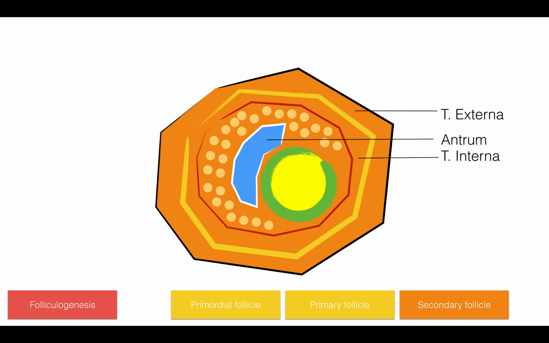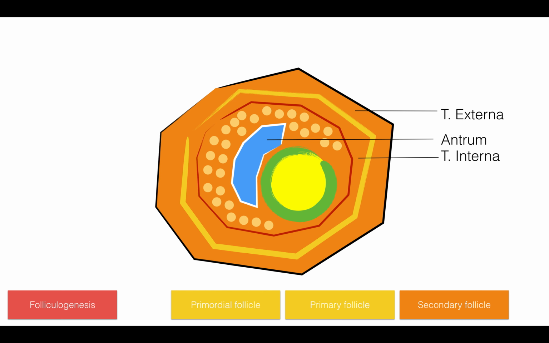If FSH continues to be dumped onto this cell, causing estrogen to rise and all these different kinds of changes, then this will develop until the antrum grows so big, you see a blister on the surface of this follicle, and then, because it has only one place to go, the blister causes a bursting, boom, the secondary follicle ruptures,